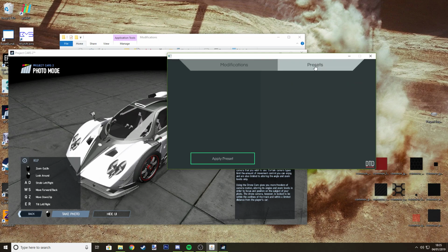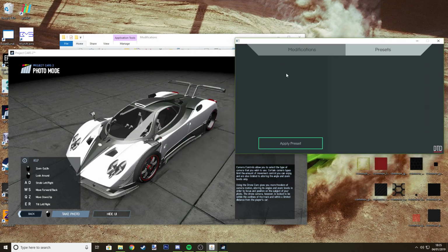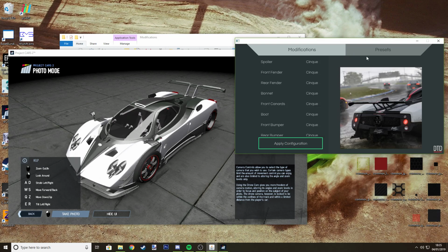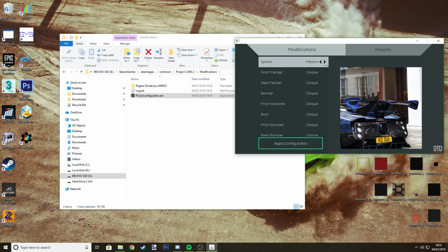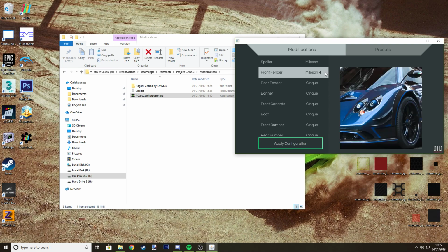And then you got presets. I haven't added presets for the Zonda yet, but what this does is you can choose between like the main models and it'll automatically pick which parts will be for that one. So for example, if you wanted to build a purely Milestone, like the real life Milestone car, instead of going through here and choosing Milestone every time,